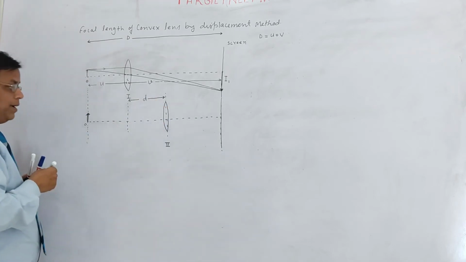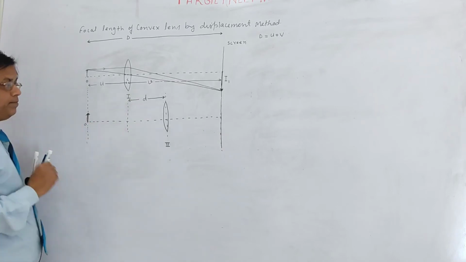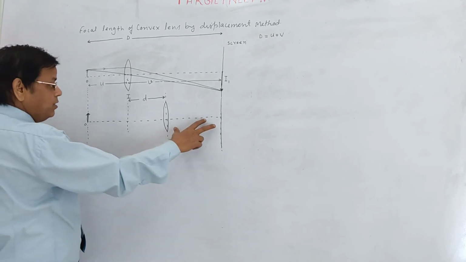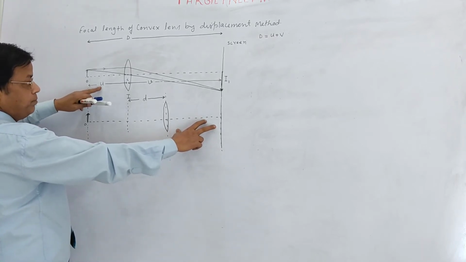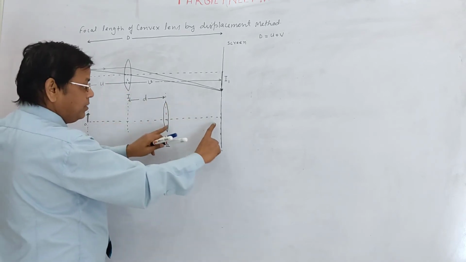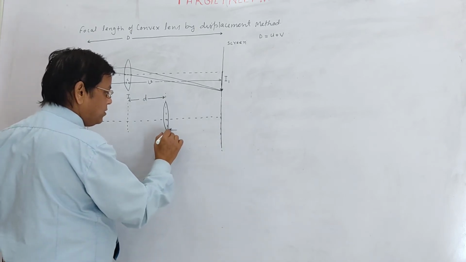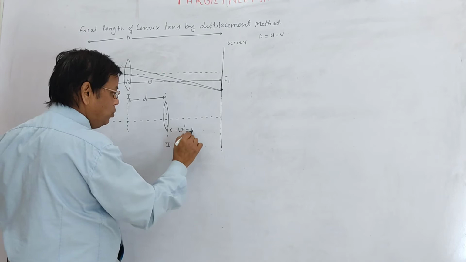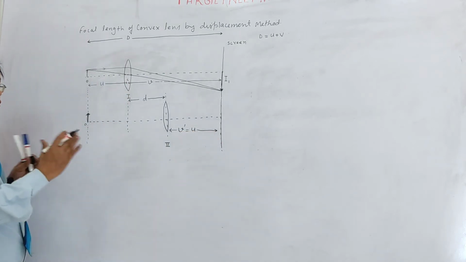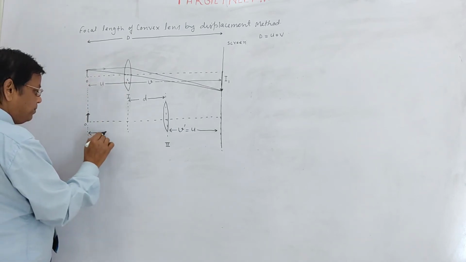It means I displace my lens from here to here, d distance away from the object, and by doing so I now get this distance equal to u. u was the object distance in the first case, now it becomes the image distance from the lens in the second case. So now this distance, image distance v prime, is equal to u. I shifted the lens in such a way that u and v get interchanged. So this distance is now v.